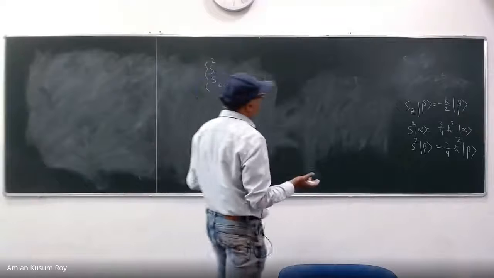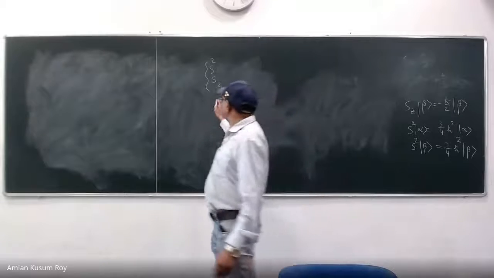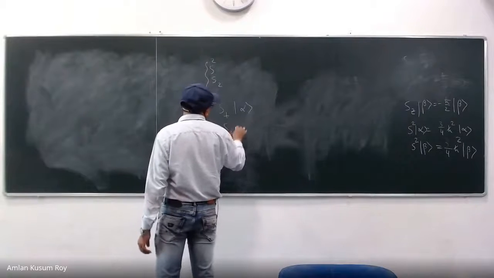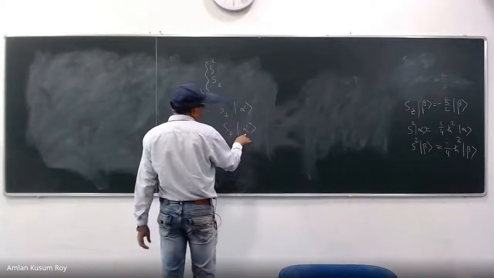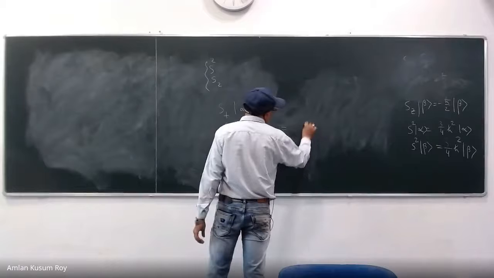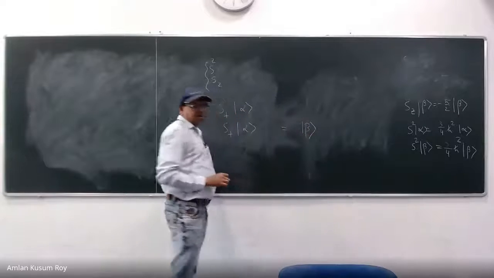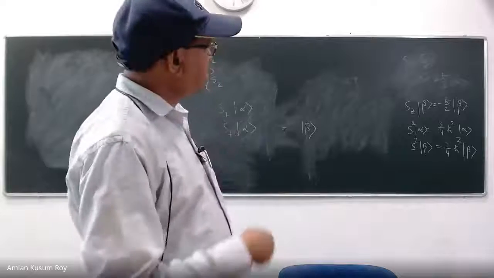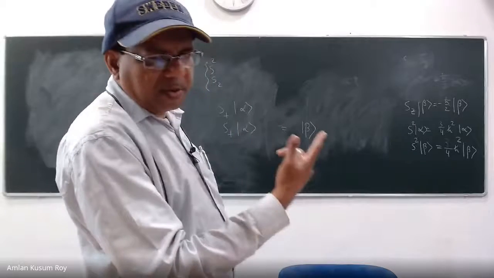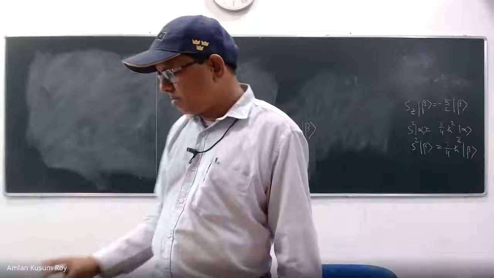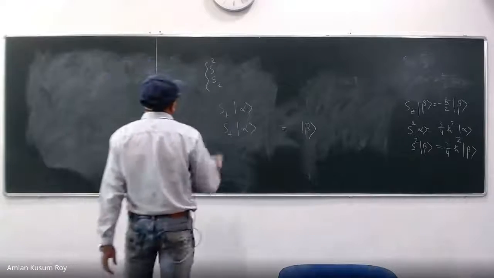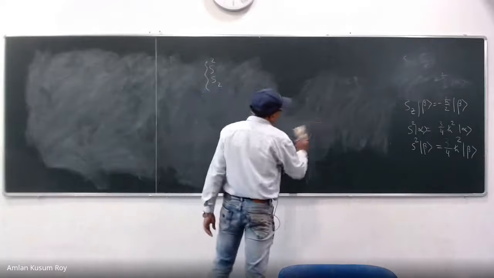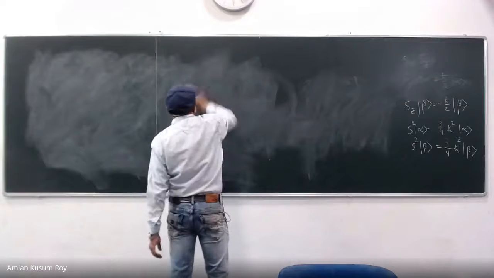So definitely S plus, S minus, when you worked that out, in one of the cases you saw that when you worked with the alpha function, S plus actually returned a beta function. Remember those 4 expressions that we wrote? And similarly, S minus sometimes gave you the alpha function back. So certainly they are not satisfying any eigenvalue equations, right? That is why they are not representing an observable, S plus, S minus. Similarly, the case for L plus, L minus I have also discussed.